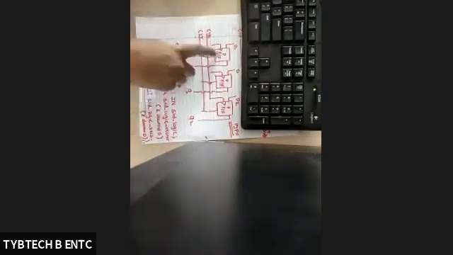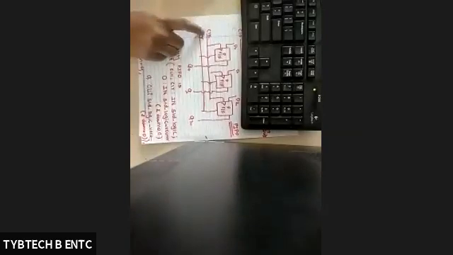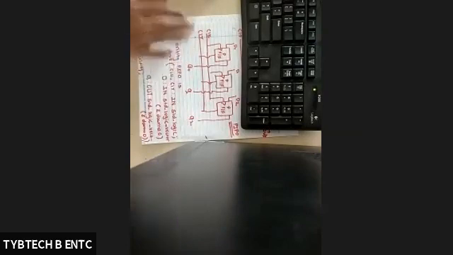So for every flip-flop, we know a flip-flop is a sequential circuit, so the clock signal is a must for every flip-flop, right? And one more signal, that is the clear signal. Why is this clear signal required? Because as we know, the D flip-flop is a memory device which stores data. So whatever data is present in that D flip-flop, we can clear that data with the help of this clear signal.